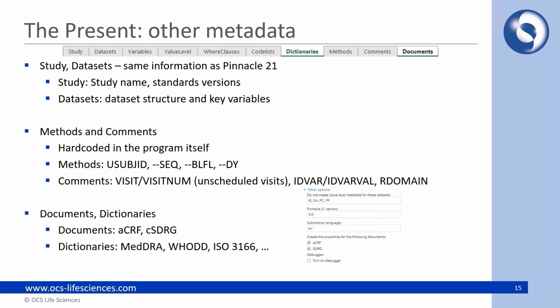Finally, the last two, we have the documents metadata. So as I said, the annotated CRF and the SDRG, and those you can toggle on the program options. So you can say that you want those documents to show up or not. And for the dictionaries, well, based on the standards metadata and the dictionaries that you point out in TS, the